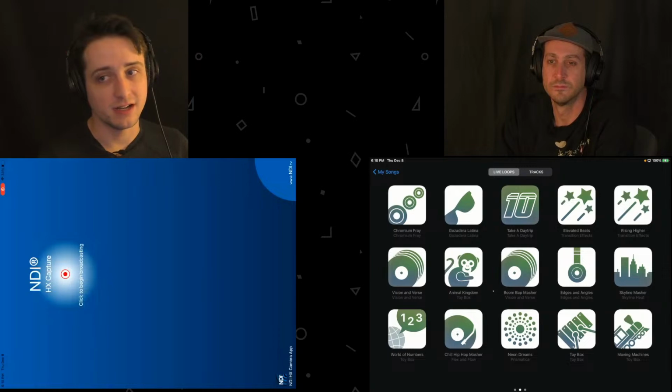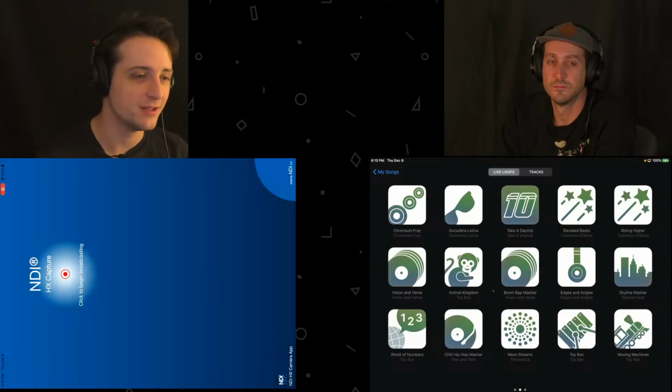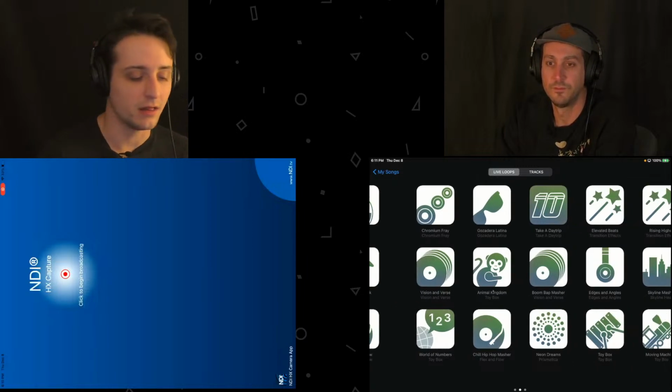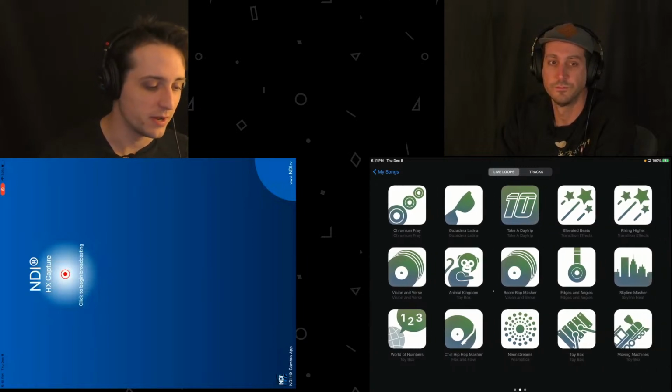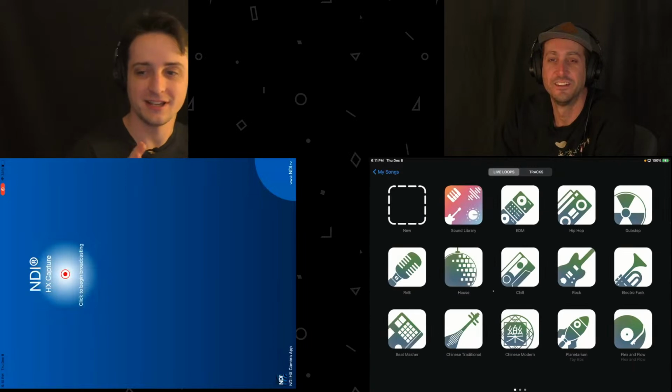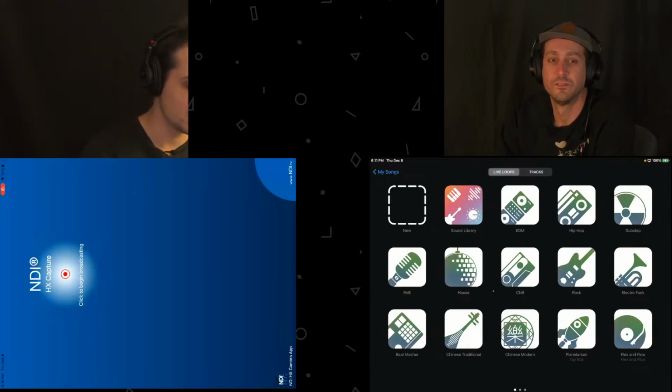I think the best way to do this eventually is HDMI out. Yeah, I mean that's obviously going to be the most solid, but this should work better. NDI, I don't know what your deal is with this. It would be great if it worked all the time, but it just... I found that